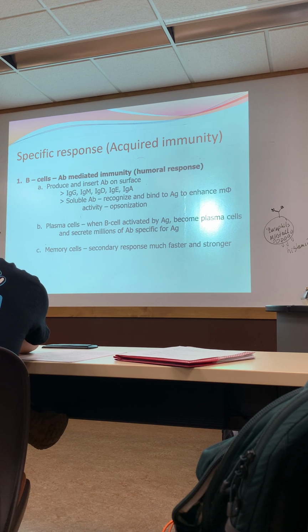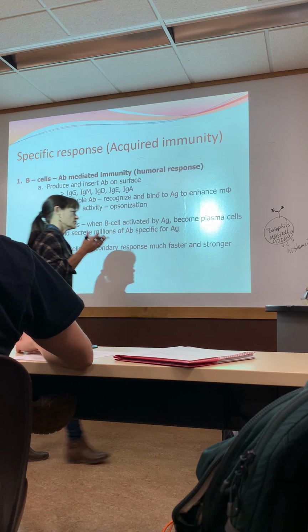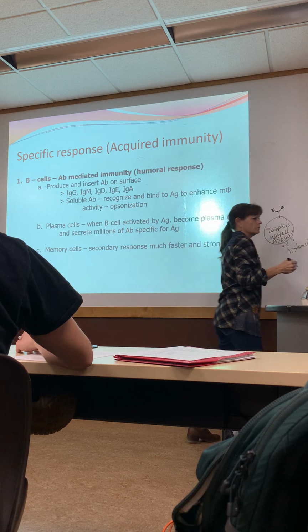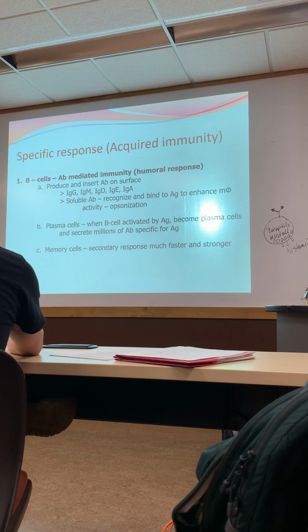So, we already know that B cells make antibodies. They make all of these different kinds. Some of these antibodies are soluble, meaning they float around in the bloodstream. Some of them bind to specific cells. But what antibodies do, people always want to think that antibodies are like these little missiles or grenades that blow things up, and they're not. They are not that at all. What antibodies do is they bind to antigens, and they surround them.